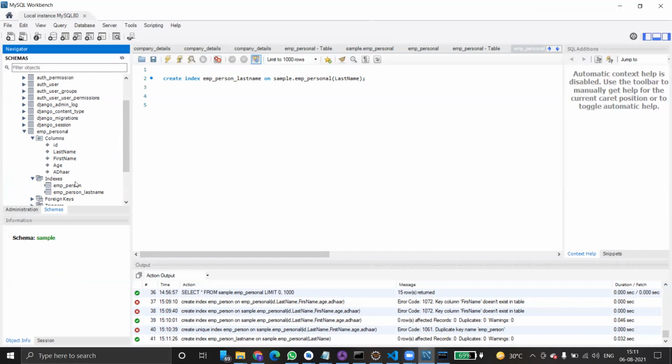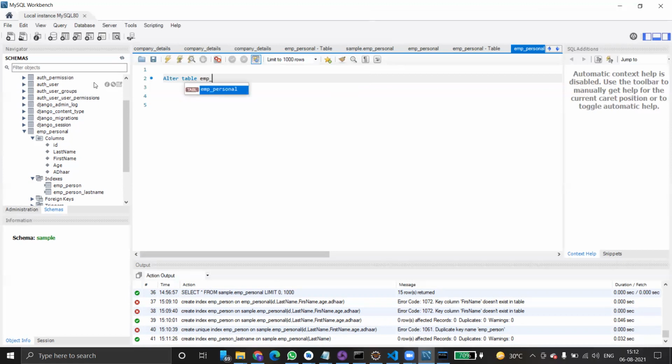If you want to drop a particular index, what can you do? You can simply say alter table name, drop index, and give the index name. How to drop an index? Alter table, the table name is employee underscore personal.